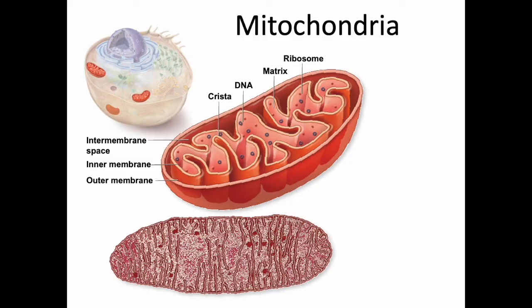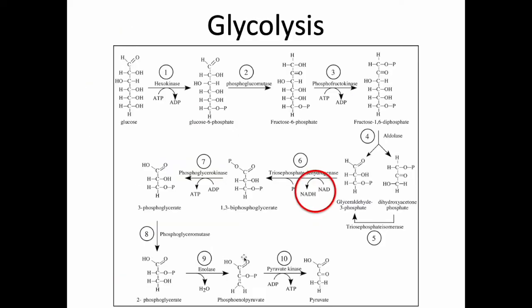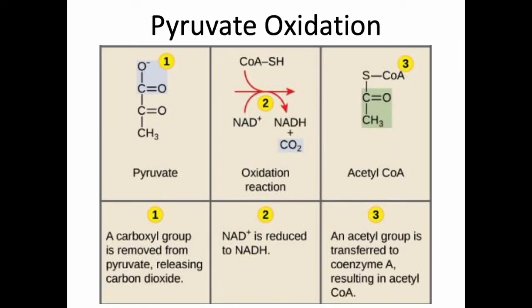Okay, so our next step here, we have pyruvate. We have two molecules of this, two of these 3 carbon pyruvate molecules. What comes next? Next is something called pyruvate oxidation. This is actually not a metabolic pathway. This step in cellular respiration is actually just a single chemical reaction, but it's a very important one.